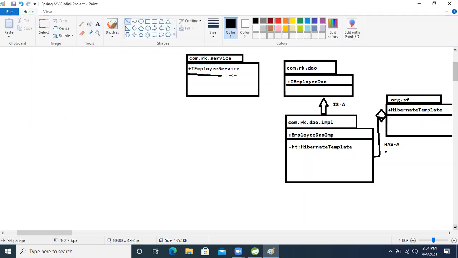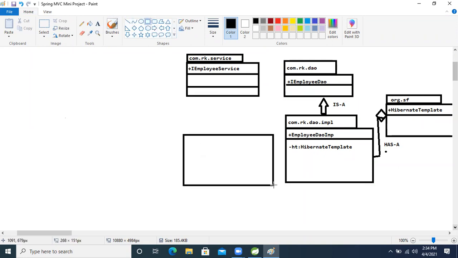But we know that we can't create an object of an interface. So where will we write the business logic? In its implementation class. For that, we will give the class implementation too.